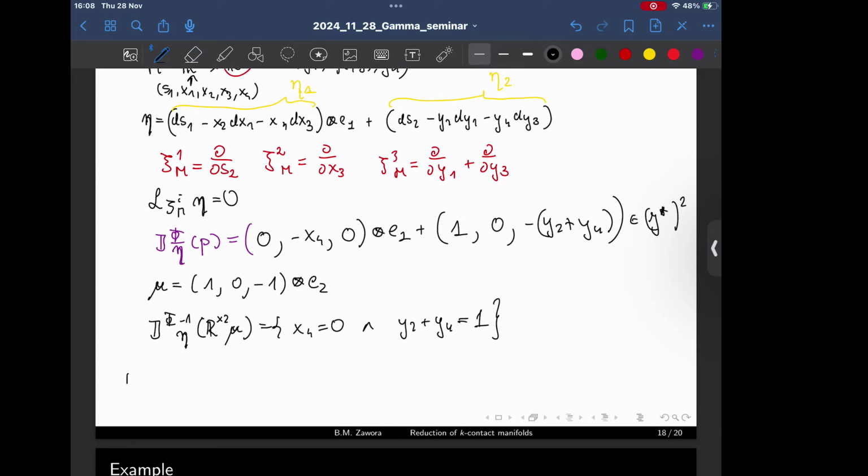So now you can compute that G phi, the tangent space R cross 2 mu is given by, I mean,